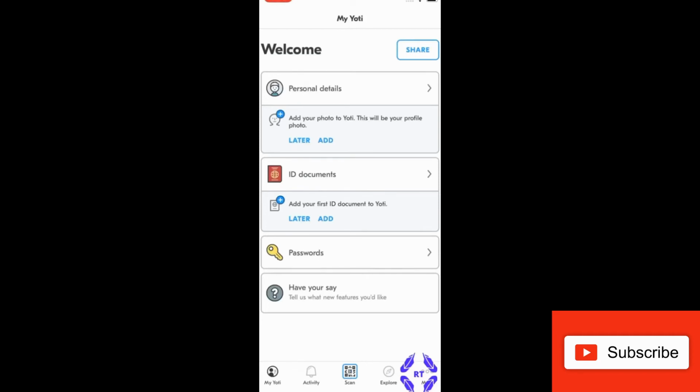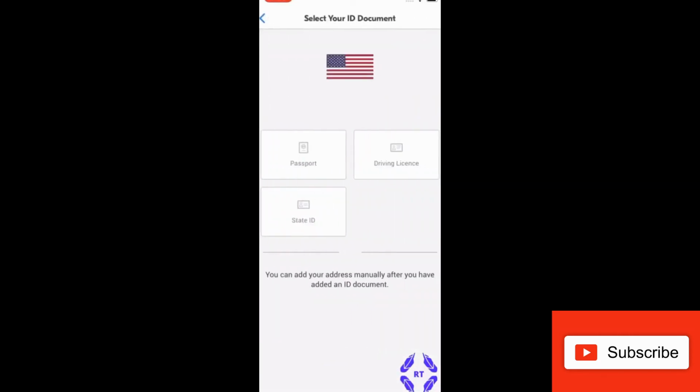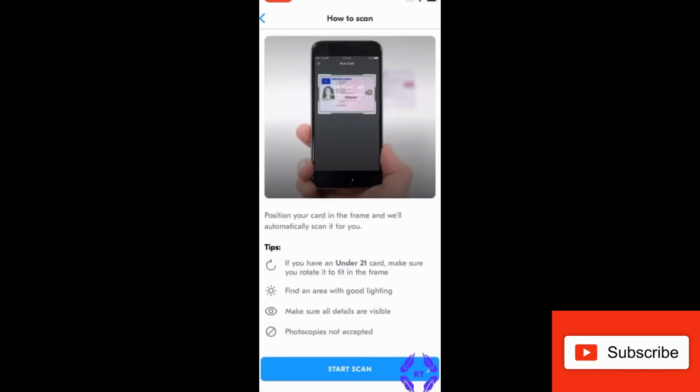So the second section you see there is ID documents. Click on add and click on your country of residence, and you have options to select what you want: passport, driver license, or state ID. I used my driver's license.